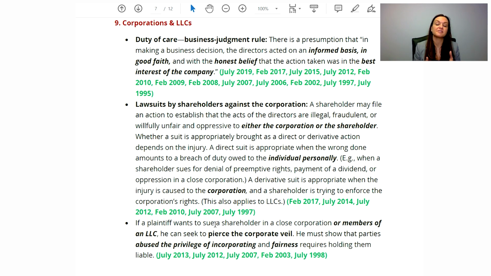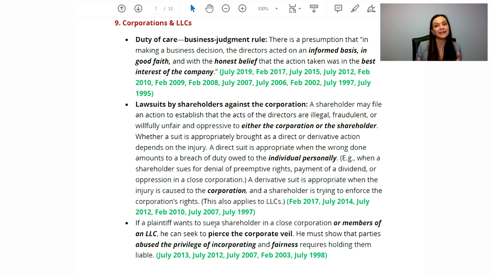One of the duties, specifically a fiduciary duty, that directors and officers owe a corporation and its shareholders is the duty of care. They also owe the fiduciary duty of the duty of loyalty. However, with the duty of care comes the business judgment rule. The business judgment rule is that really helpful presumption to those directors and or officers that basically presumes that when these directors and officers are doing something, they're doing it because they're informed and they're doing it in good faith because they believe it's in the best interest of that entity.